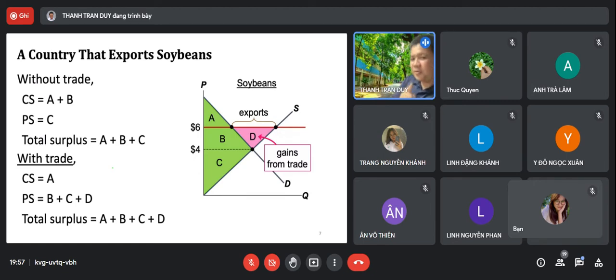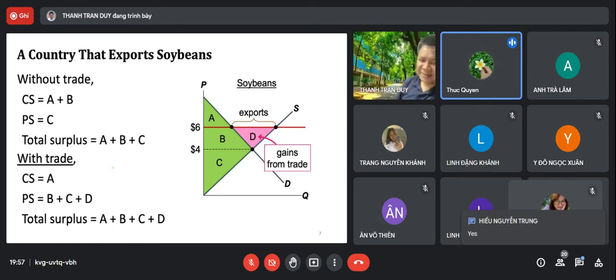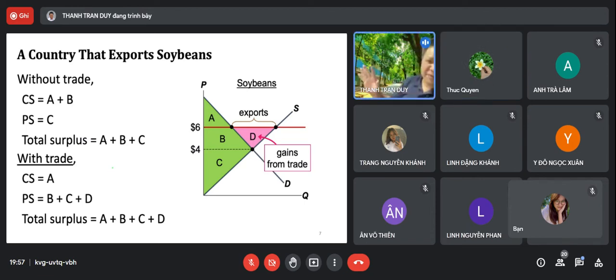Government. If you were in the situation of government, are you happy? You think government is happy? Yes. Why is government happy? I think they can get some money from the fee or something when you export. Yeah, suppose in this case we have no fee at all, right? But actually it's the government. You see that? Who do they want to help?